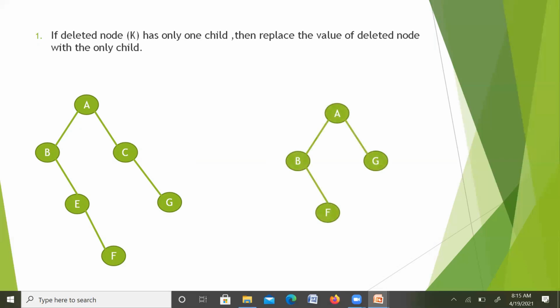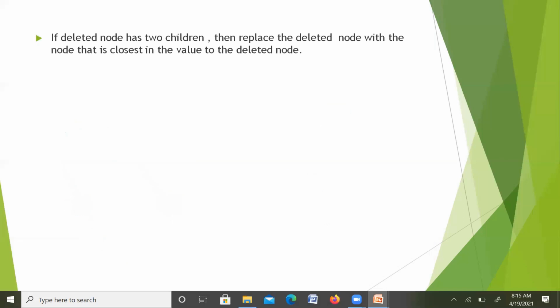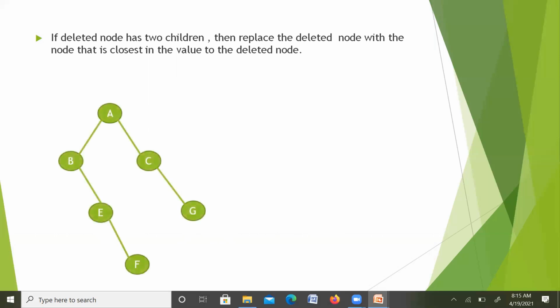Then in the third case, if the deleted node has two children, then replace the deleted node with the node that is closest in value to the deleted node. To find the closest value, we move once to the left and then to the right as far as possible.